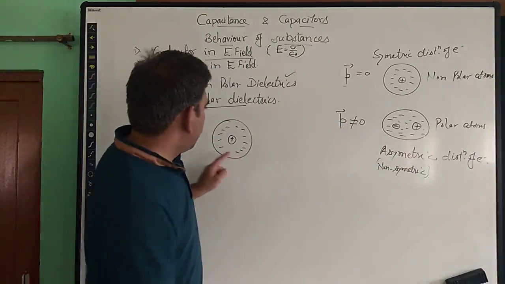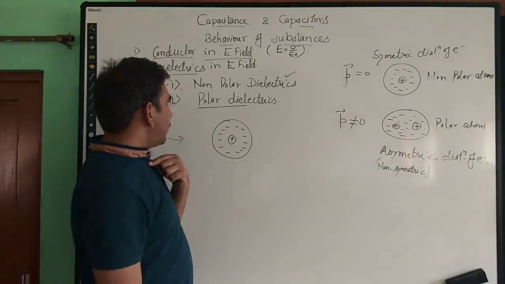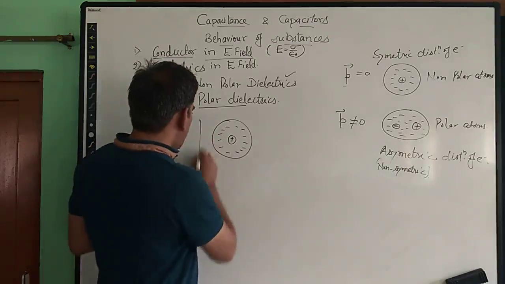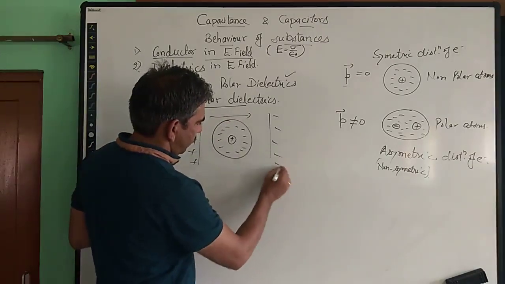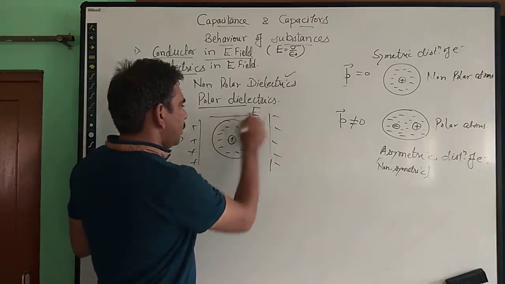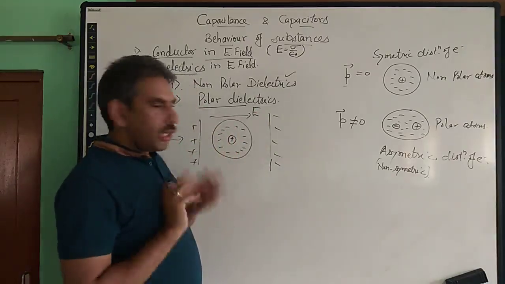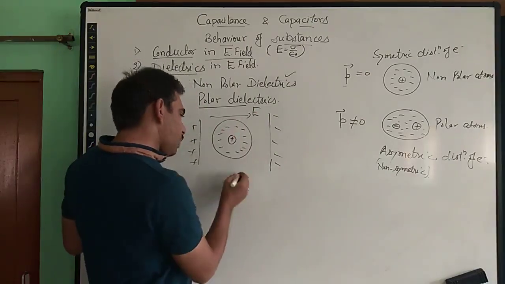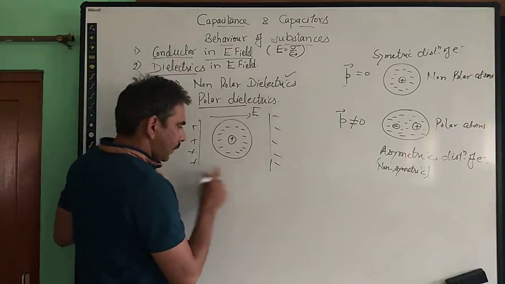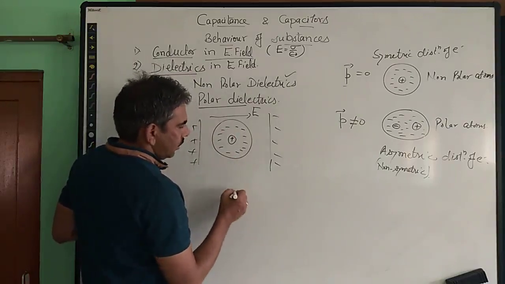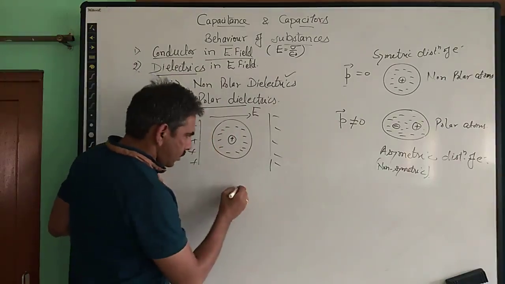So whenever we talk about some non-polar dielectric, what happens to it whenever it is subjected to some external electric field? Suppose that we are applying some electric field in this direction. So what happens? This will exert a force on the positive and negative charges, due to which all negative charges will be pulled opposite to the electric field, or we can say towards the positive plate. So this atom will no more remain non-polar, it will become polar. How? Let us explain it.